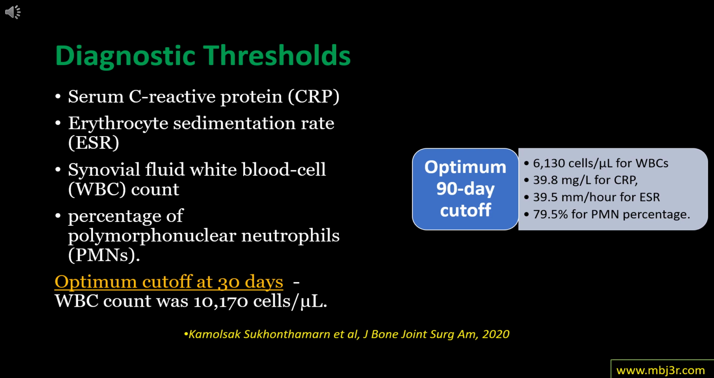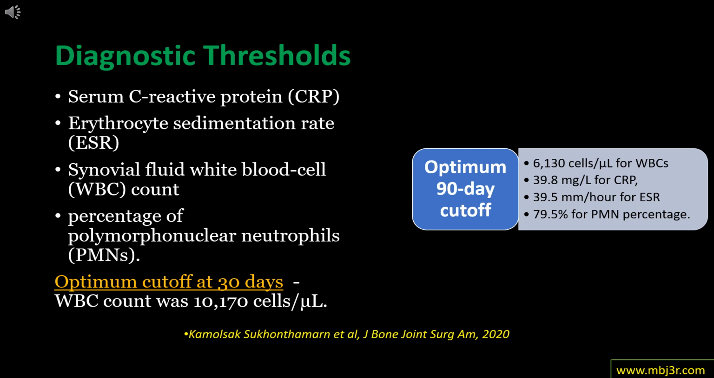A multi-center study evaluated diagnostic thresholds for four laboratory tests commonly used to diagnose acute joint infection: serum C-reactive protein, erythrocyte sedimentation rate, synovial fluid white blood cell count, and percentage of polymorphonuclear neutrophils. Recent studies suggest that currently used thresholds for these parameters lack sensitivity. Authors determined that the optimum 90-day cutoff was